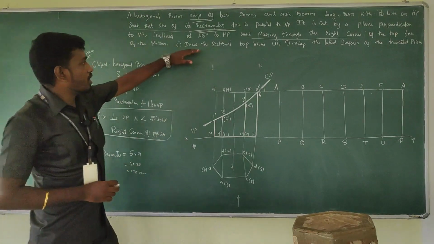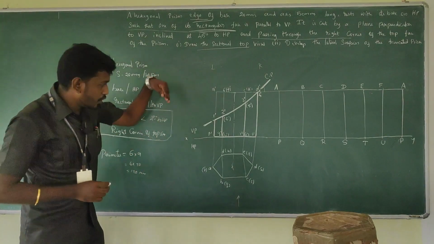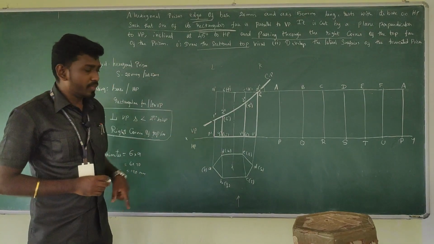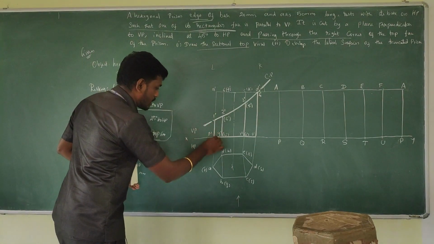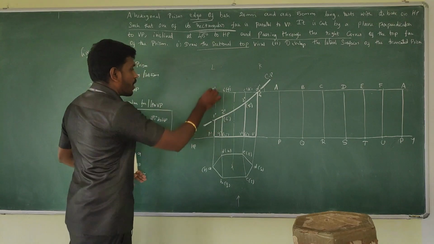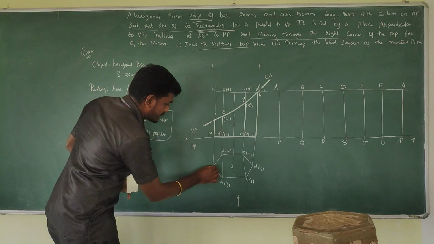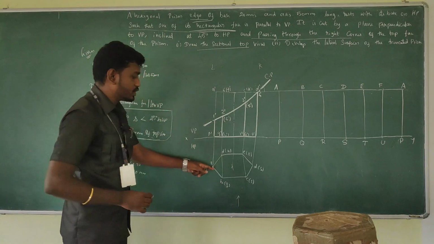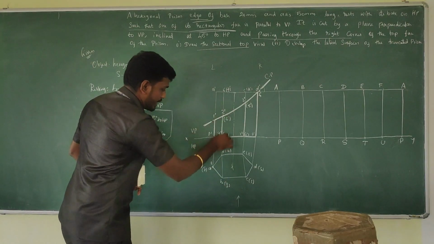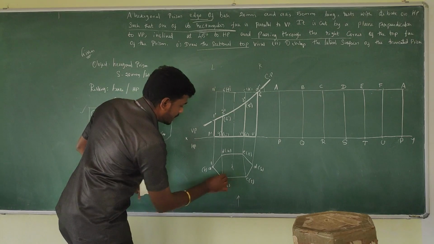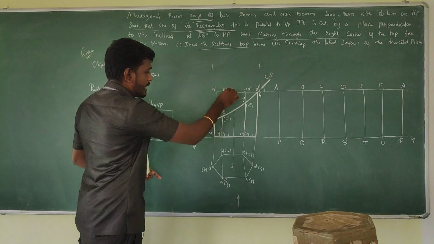Our question is, draw the sectional top view. How will you draw the sectional top view? If you take the projector from the front view and mark it on the top, you get the sectional top view, right? So first, take the projector. The first point is between A to P dash. A to P dash is intersecting at this point, this is 1. Point 2 is between B to Q. We take the projector and we get here, this would be 2. And where is 6? It is between F and U.